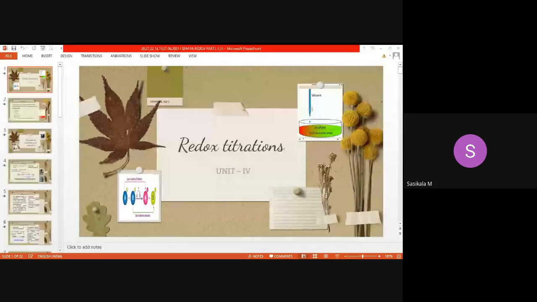Let's discuss now regarding the remaining parts of redox titration. Hopefully today or by tomorrow morning your syllabus will be completed. My part in your PA1 will be completed with this topic. And you will be given a class test and assignments on redox titrations in the forthcoming classes in order to revise the topics.